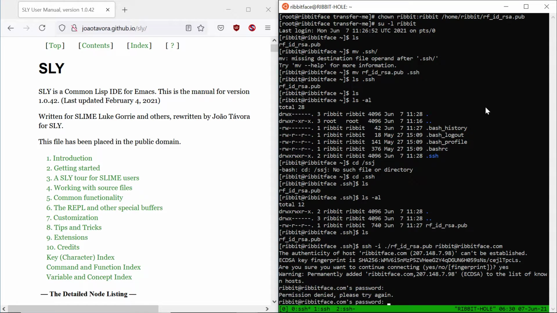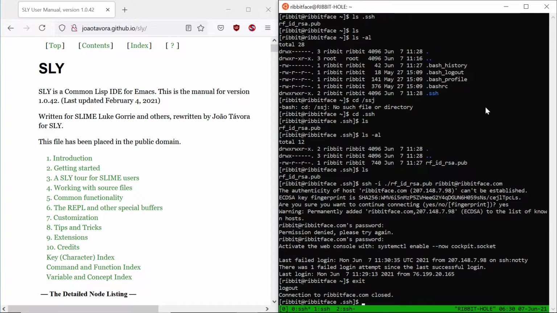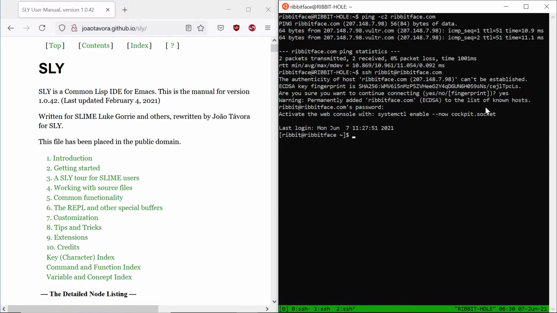Let's just try to paste this password. Okay, so that still didn't work. Let's paste this password again. I messed up there, I don't know if anybody else caught that, but